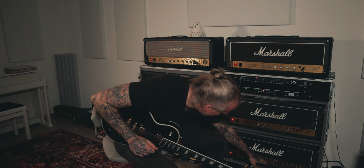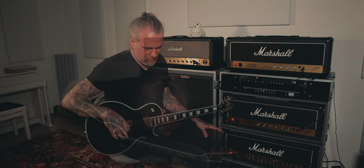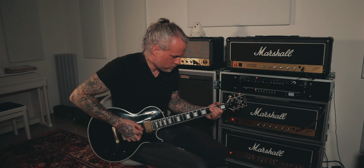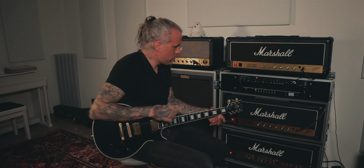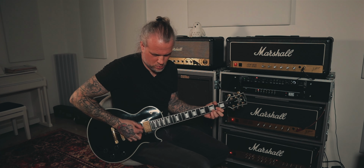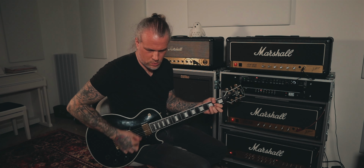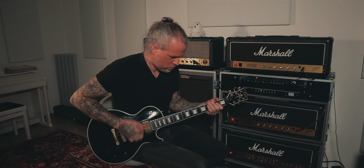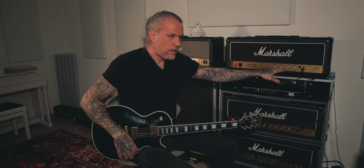Too much gain because the lead channel has tons of gain. Now it's like on 2. So now they are all without any overdrive. Okay, so these are a little bit